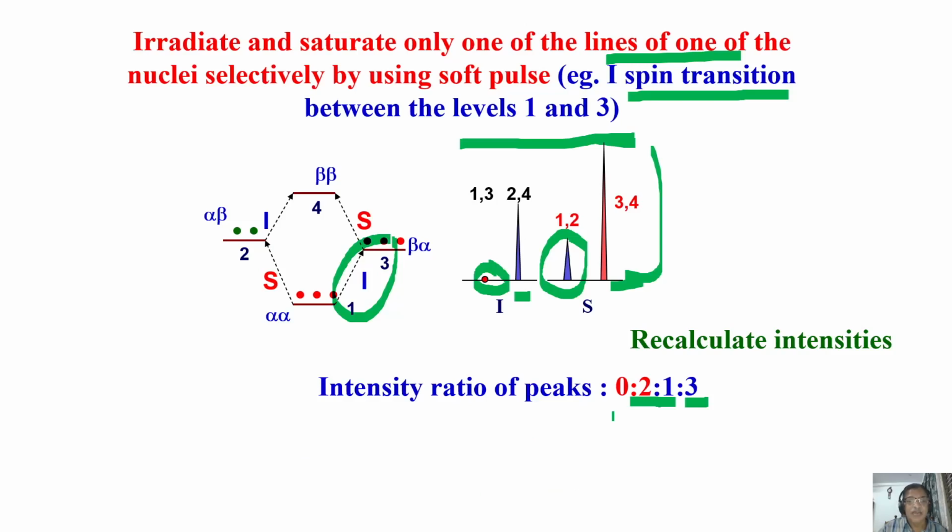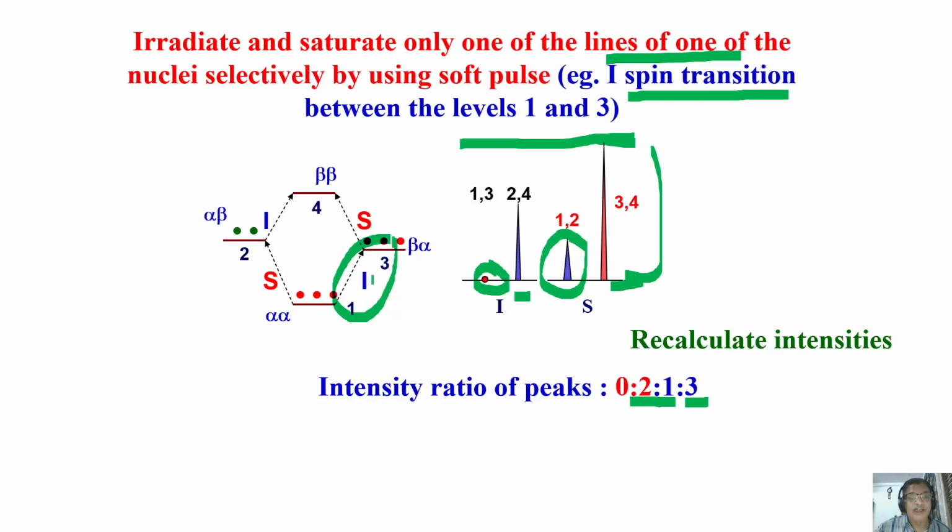Let us wait for some time. I did this type of disturbance, saturation, for a short time by applying a weak RF. I cannot apply a strong RF because then every spin system, all energy states, can be disturbed. I don't want to do that. I apply selectively only for this transition. By a weak, mild RF I disturb only this for saturation and keep quiet. That's what I did. And after some time, I remove the RF pulse.